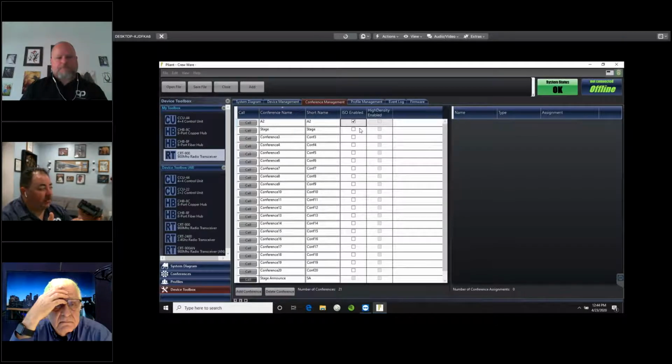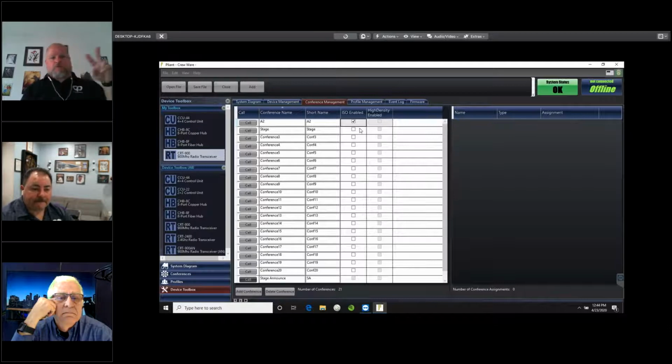Correct. So in the world of BTR and previous, that would be your WTA, except it would only go belt pack to belt pack, and that channel would be all belt packs. This way you can choose only a couple of the belt packs on a particular profile. So if you're in a situation where you have like 8 stage managers, but 2 primaries, you could do an ISO between the 2 primaries on the stage manager channel, and those 2 would have that conversation and no one else would hear it, unless you talk in the generic stage manager channel, then all the stage managers would hear. So you can limit who has that ISO,